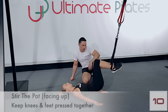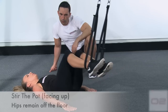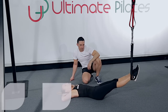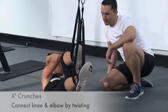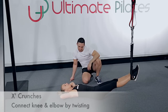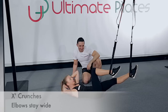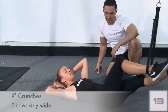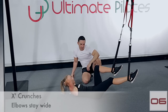We've got 10 seconds left on this one, and we're going to go straight back to those X crunches. 3, 2, 1, and hands behind your head. Go. Good job, keep fighting through it. It's starting to get tough now. Second last rep,